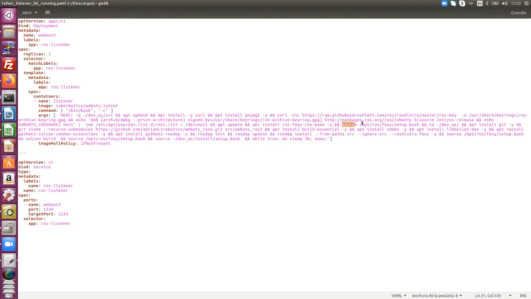Okay, we source the system, and then we also download the Webots ROS2 interface. So here is the actual command: git clone. You may notice that this is not the official Webots account. I will briefly talk later on about this, but basically I modified the package for the Webots to